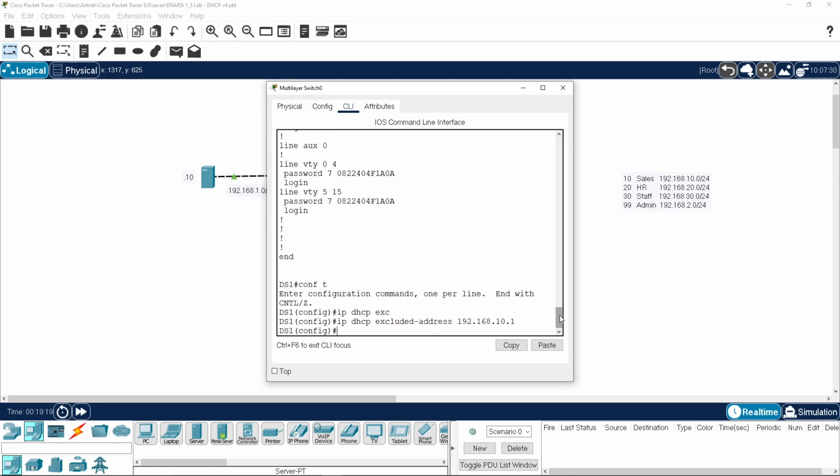Now you could exclude a range of addresses, like if you had servers and that on the local area or more switches, you'd block it out, but in this case I've only got the gateway, so that's as far as I'll go. Next we'll do the actual pool, so IP DHCP pool, and then the pool name, this is the VLAN 10 pool,